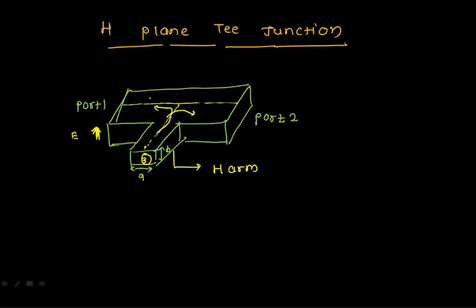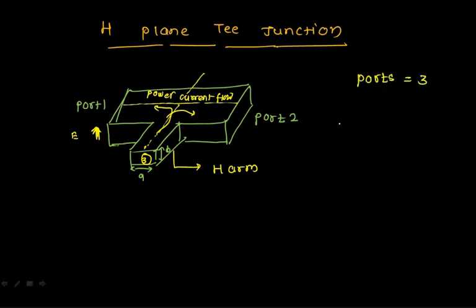So these are the collinear arms. I can say this is the power current flow in my H plane T. This is the plane of symmetry. This is the axis of this particular arm. Always your magnetic field will be parallel to the axis of my H arm, or side arm. Now, if I want to know how many ports I am having here, I have 3 ports. So total ports are 3.